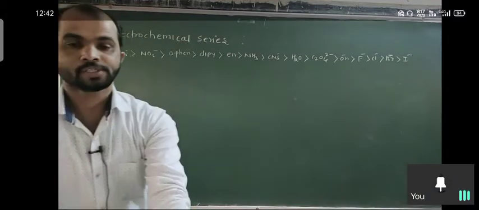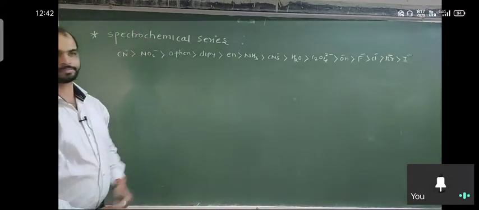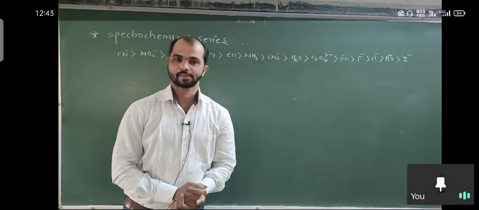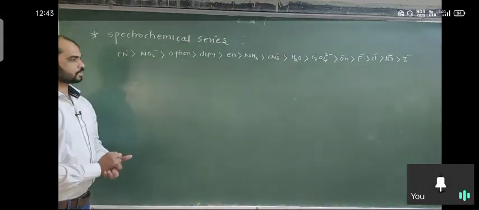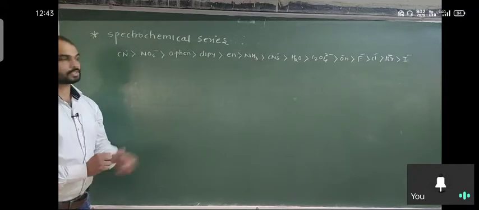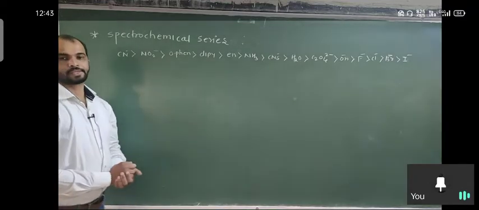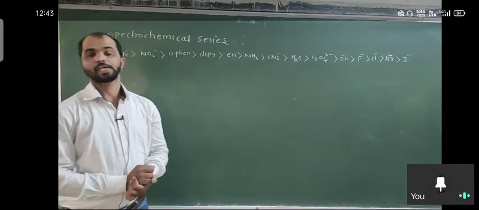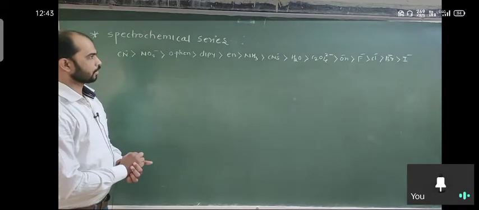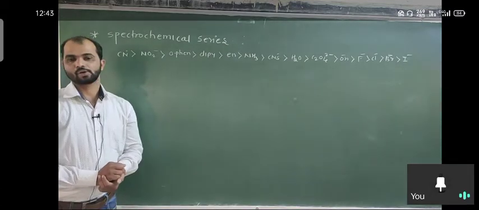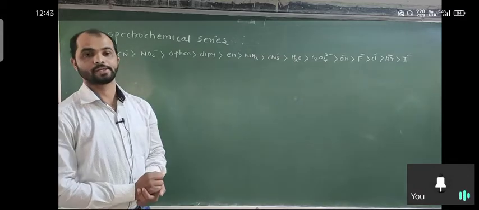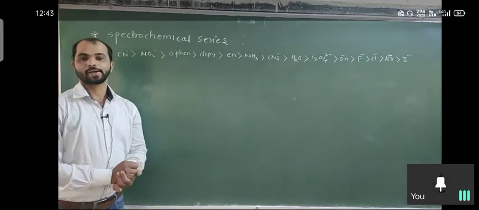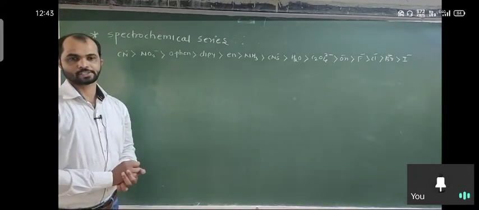Good afternoon, students. Today we are going to start another topic of crystal field theory, the spectrochemical series. Up to this, we have discussed the applications of crystal field theory in different geometries, octahedral, square planar, as well as tetrahedral geometry. The application is totally based on how ligands and metal electrons interact with each other. The cause is splitting of d orbital into energy levels.